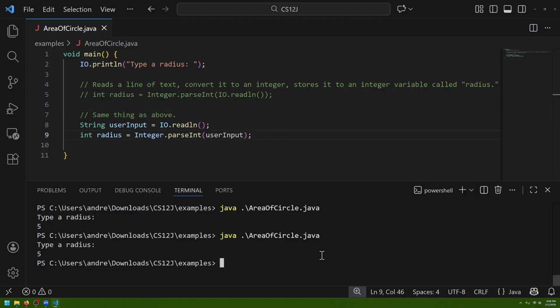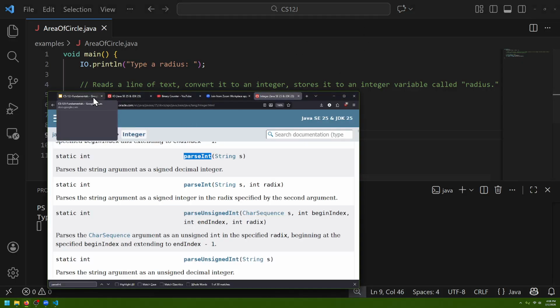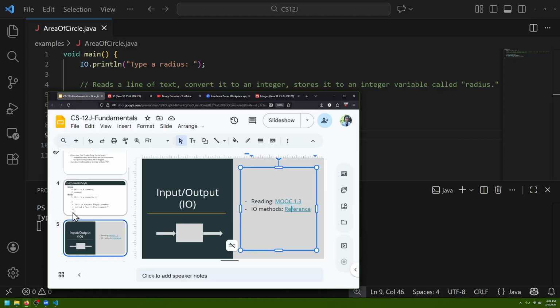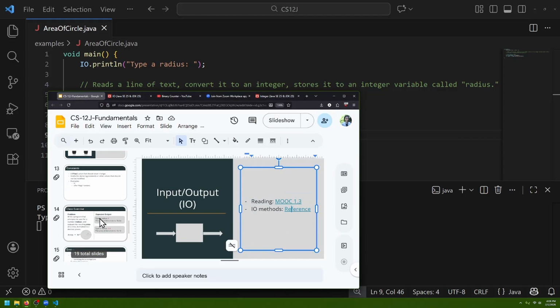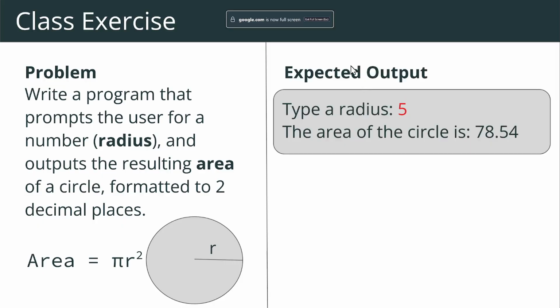Okay, I'm gonna go ahead and fix the output real quick because we see in the goal of this class exercise, we expect the output, it might seem picky, but we expect the output to have the user type in the number to the right of the colon. It is such a small nitpick, but you'll see in future classes that behavior needs to be exactly as expected. So if you wanted to make this exact behavior,